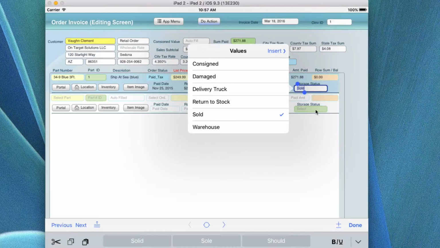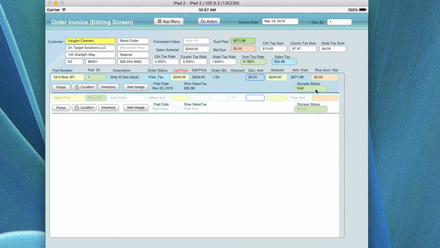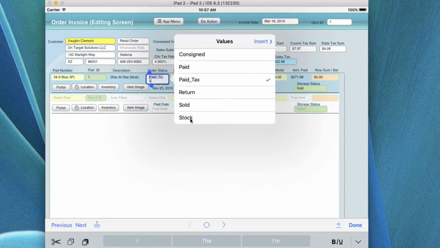Now this is the finishing status, meaning that you have collected the money, you've marked the item as sold, and they either paid tax or paid outright, and that affects the way that this looks over here. Now obviously when I looked at it again, there could be something that says into stock, returned. The only two that should be used when you're paid and paid tax and the status is over here